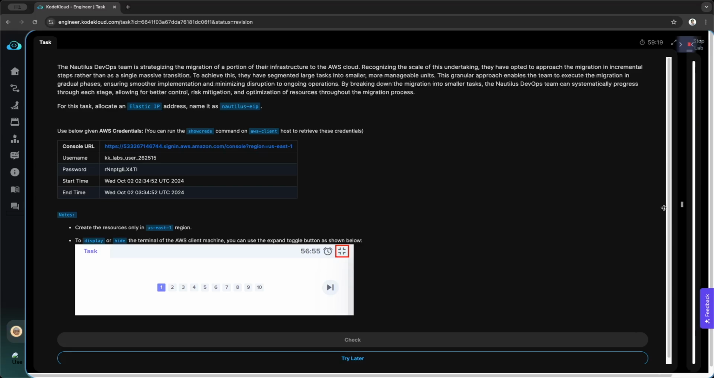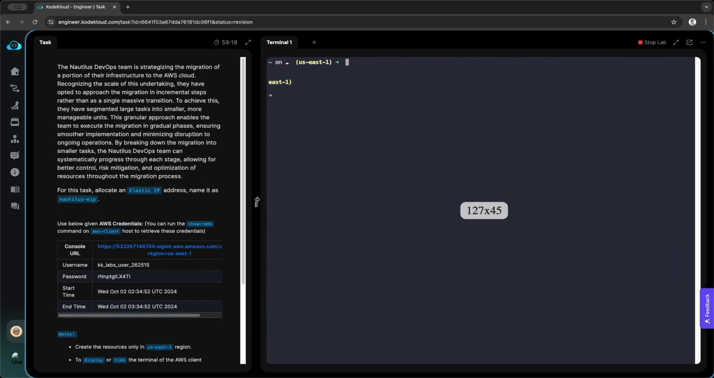Now, why you may need an Elastic IP address? Simply because it's useful for scenarios where you need a fixed IP for external communication, such as hosting a website, let's say, or connecting to a remote service. Unlike dynamic IPs that change when an instance is stopped or restarted, Elastic IPs remain constant. This ensures that the resource it's associated with can always be accessed through the same public IP address, even if it's stopped or restarted. So here's the task,